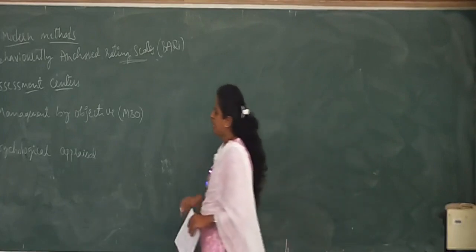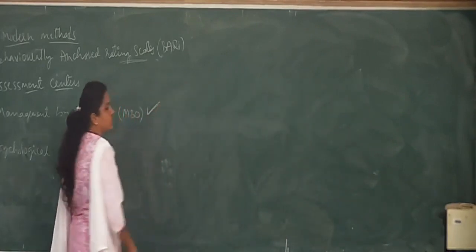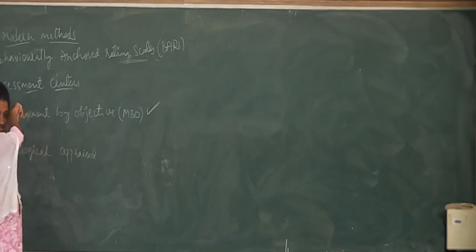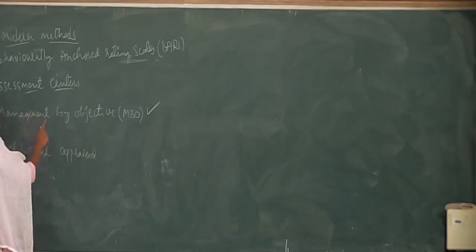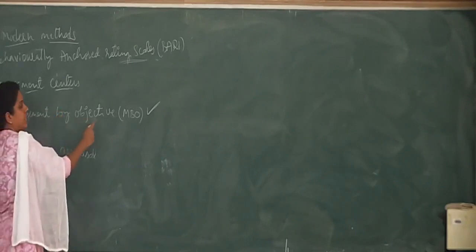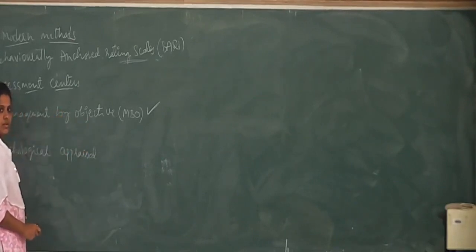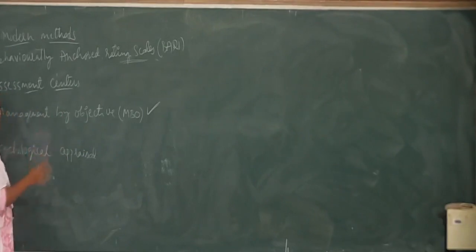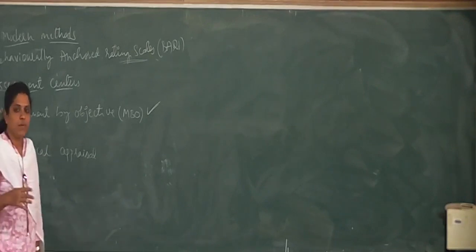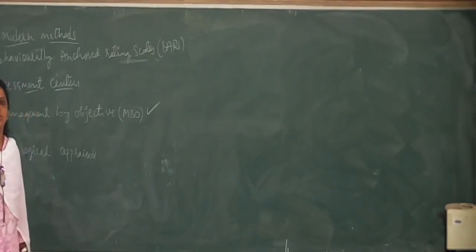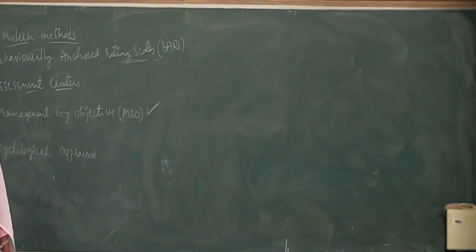What actually do you do here? If you closely look at the title of this method, the name of this method, we are managing things by setting the objectives. Okay, so here it is very simple. Earlier, what used to happen is that the organization as a whole has a set of goals, a set of objectives, and all the other people, all the employees at various hierarchy levels, have to try to achieve those objectives.